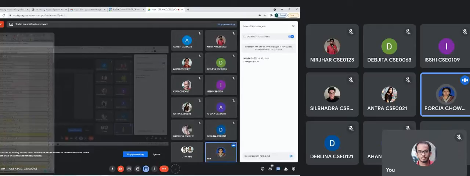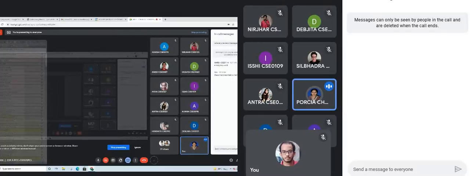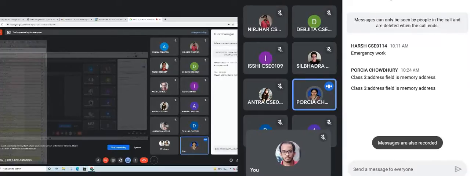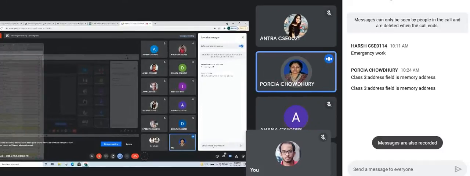Okay, so that is your class 3. In class 1, you don't have any address field, not as register, not as memory. You don't have the concept of an address field. Over there you have 3: implied, immediate, stack. In case of the second class, the address field is a register address. Today we also discussed register direct, register indirect, and auto increment or auto decrement mode.